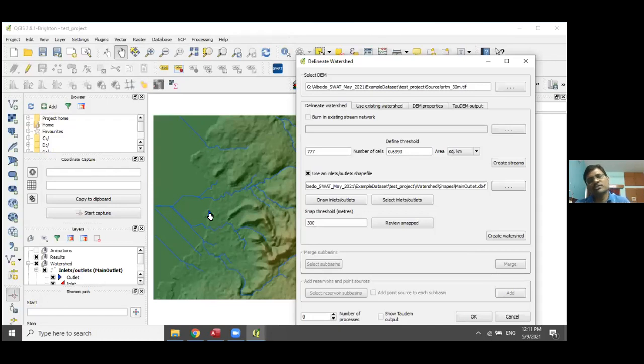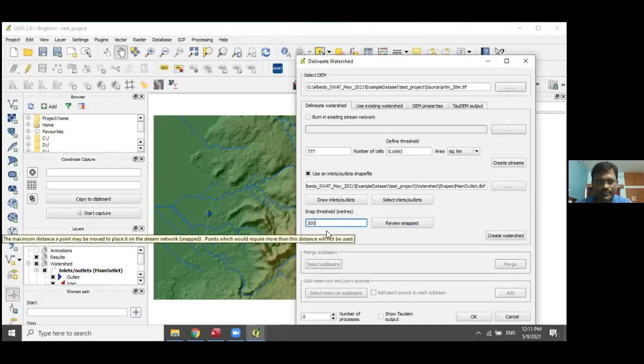Now this is the outlet, it's added here. Sometimes, in the case of QGIS, there is an option called snap threshold. That means if your outlet is a little far from your main stream locations, then the model will automatically snap to it.